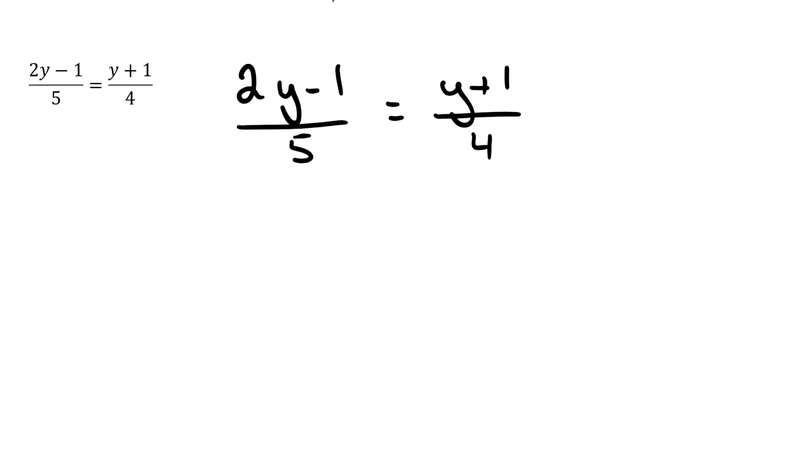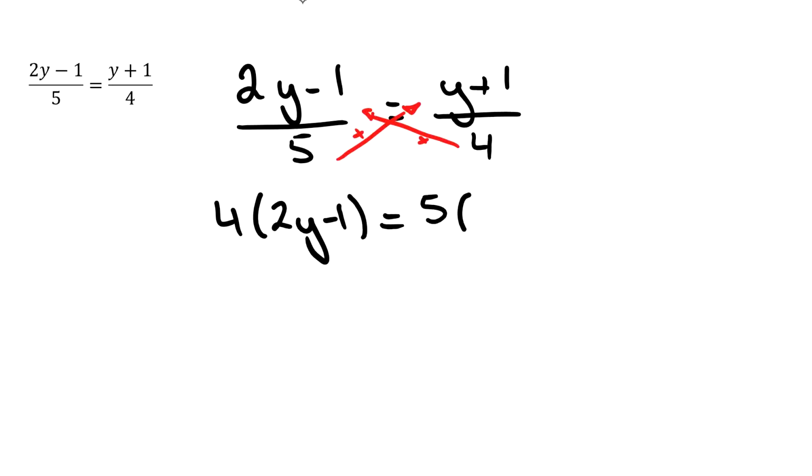So we have y's on both sides as well. I don't want fractions at all, so what I'm going to do is transfer the 5 by multiplying it up here, and transfer the 4 by multiplying it up here. So these arrows are multiplication arrows. So what I'm left with is 4 times (2y minus 1) equals 5 times (y